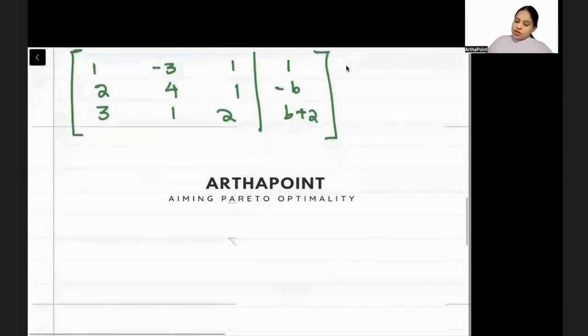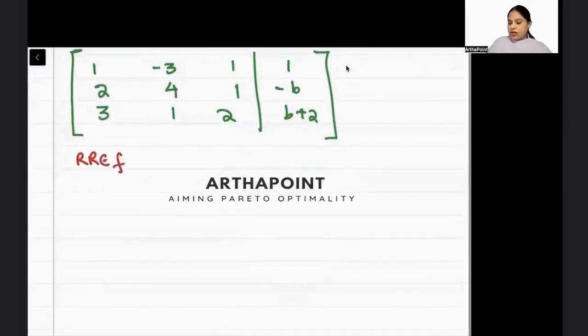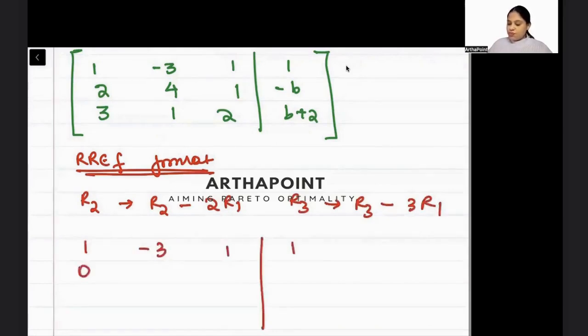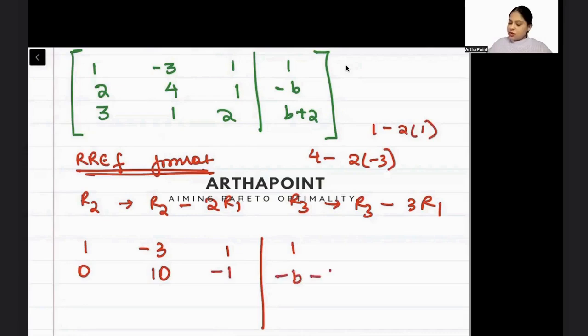Let us convert this matrix in the RREF format. तो बेटा R2 goes to R2 minus 2R1, R3 goes to R3 minus 3R1. तो क्या आ जाएगा 1, minus 3, 1, 2 minus 2 is 0, 4 minus 2 times minus 3, 4 plus 6 is 10, 1 minus 2 times 1, 1 minus 2 is minus 1, minus b minus 2 times 1, 2, 3 minus 3 is 0, 1 minus 3 times minus 3, 1 plus 9 is 10, and